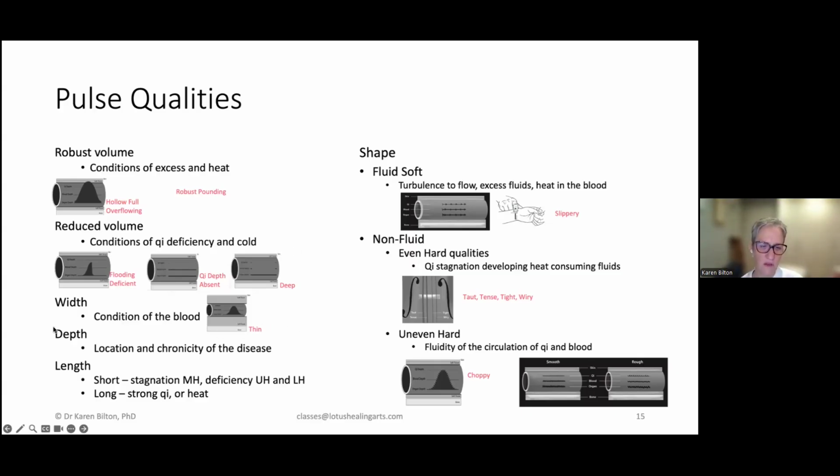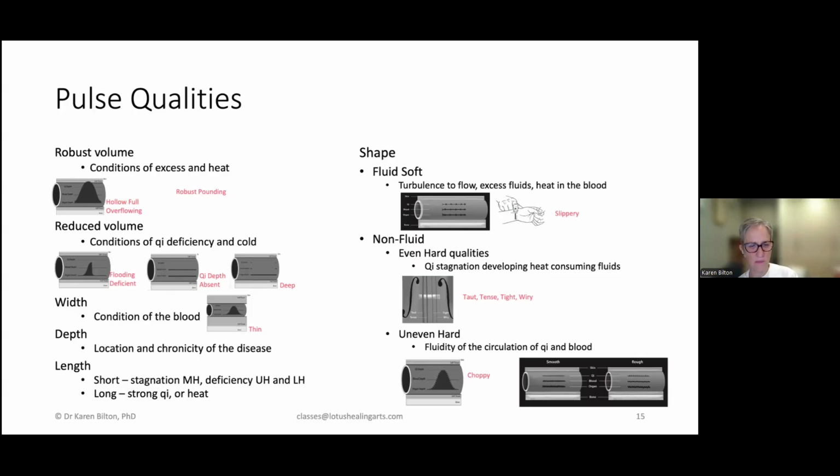That gives us information about excess in the blood. Now, the depth gives us information about the location and chronicity of diseases. So clearly, pulses that are floating and more superficial give us information about things to do with the Wei Qi and more acute situations. If we're looking at all the deeper qualities, then we know that we're talking about more